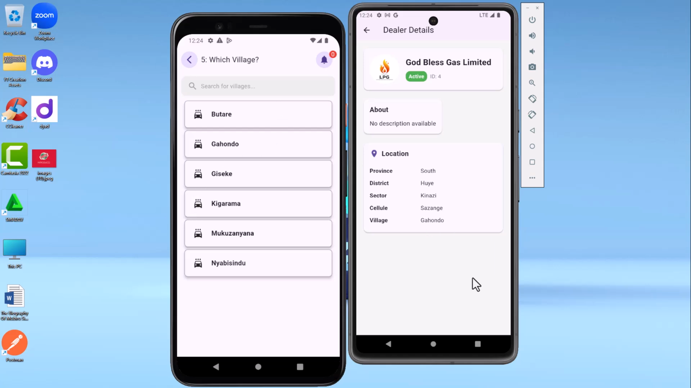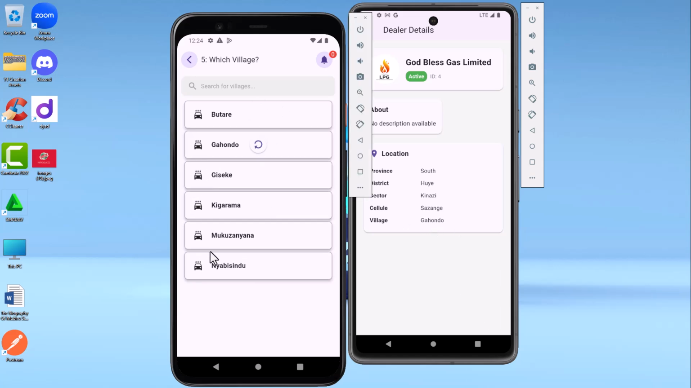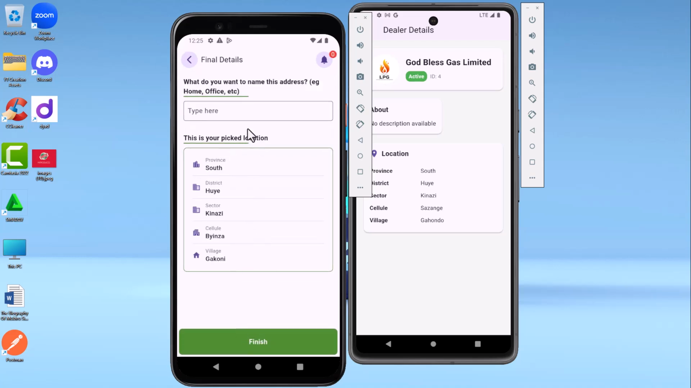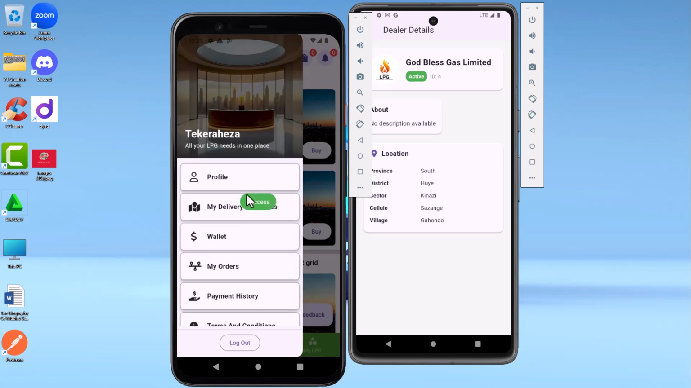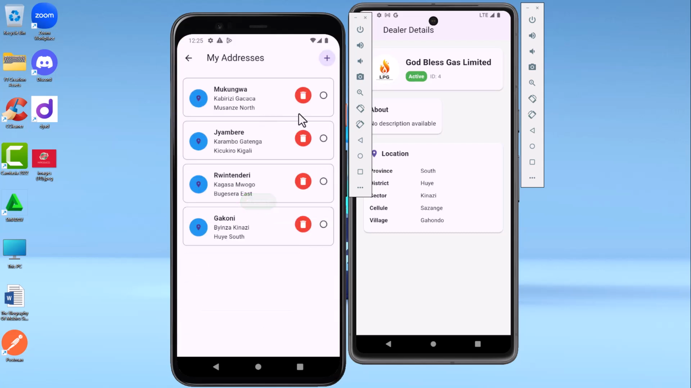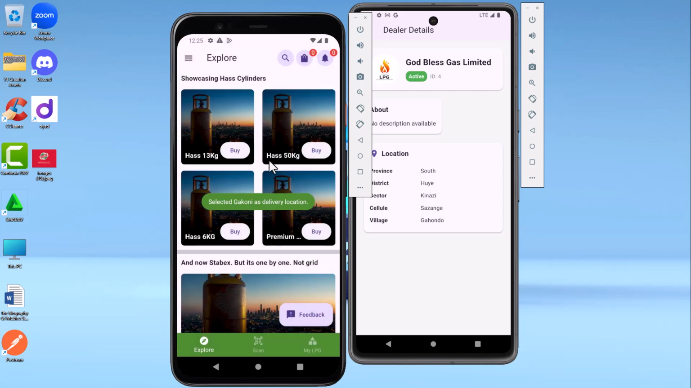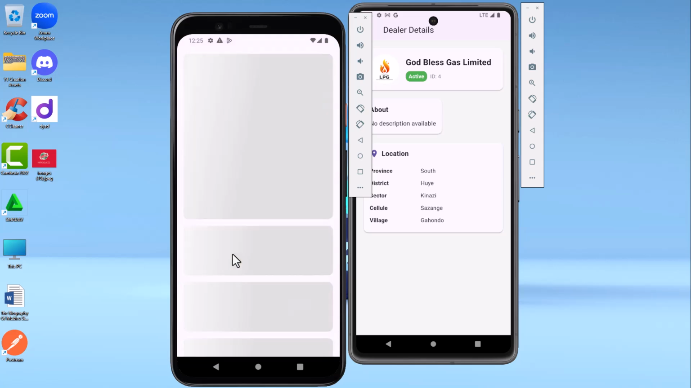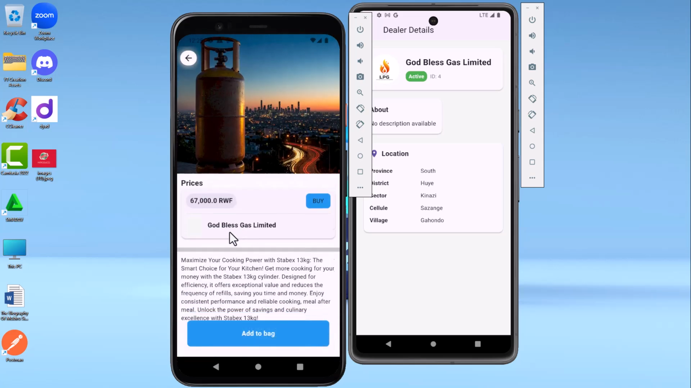Where is it? I'm in the village, Gahondo. The village doesn't even have too much. Just the sector has too much though. So let me just choose the exact same one. Let me choose Gakoni. Now this is my address. So just finish. Now I've created it. My new address, which is in the south, this one. So now when I come to the Starbucks 13 kg, usually one on the home page,